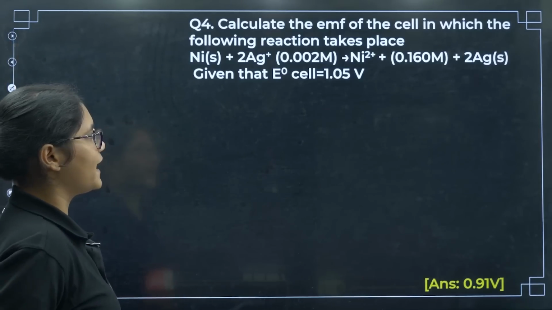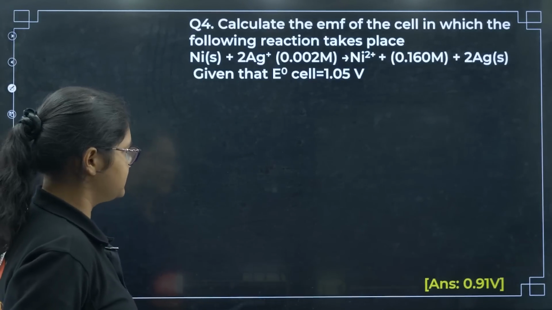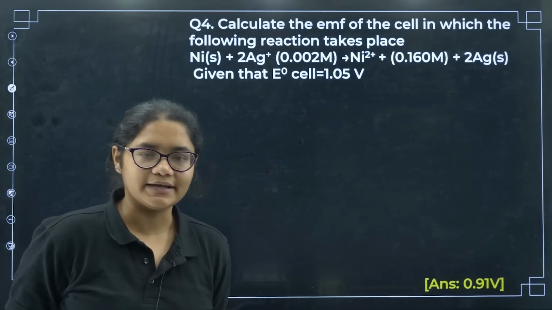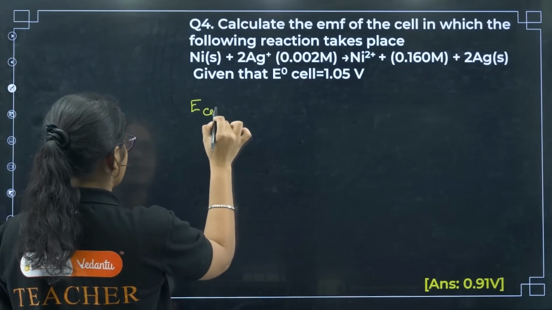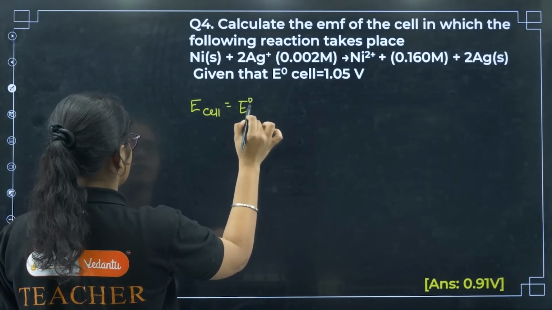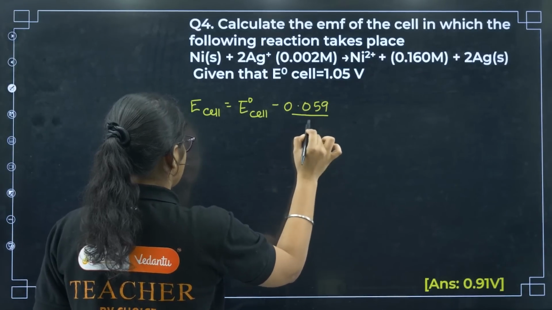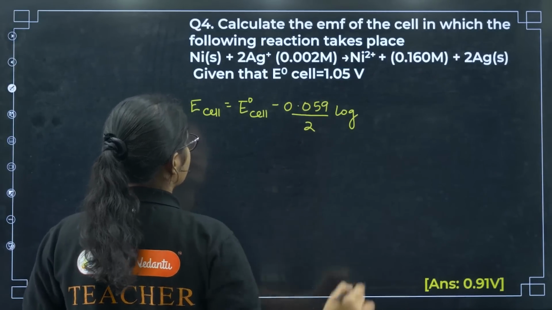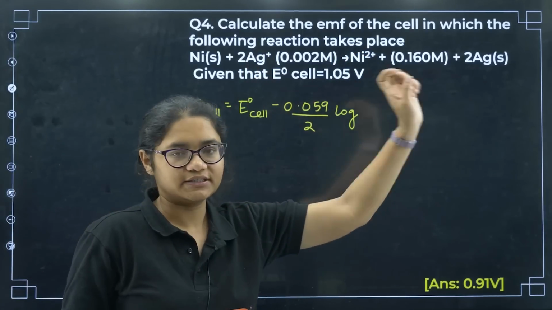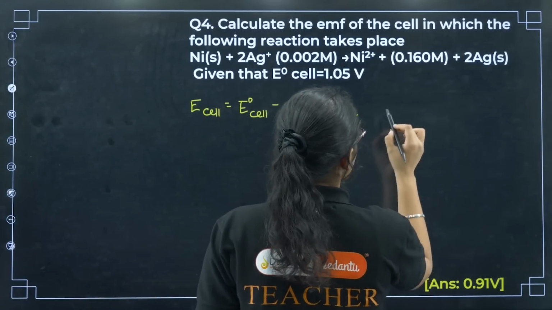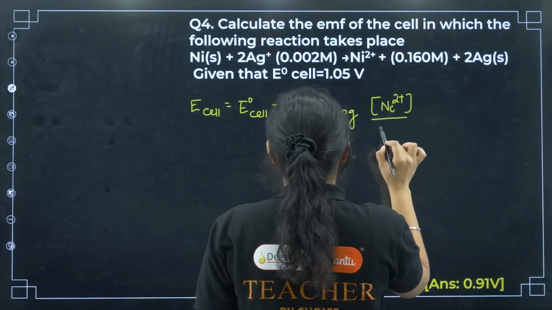Next, question number 4: calculate the EMF of the cell in which the following reaction takes place. E° of the cell is given. This is a very direct Nernst equation question. So I can write here E of the cell is equal to E° of the cell minus 0.059 by 2. Why am I writing 2? You can see nickel to Ni²⁺ plus 2 electrons, 2 Ag⁺ to 2 Ag, again 2 electrons, log of Ni²⁺ divided by